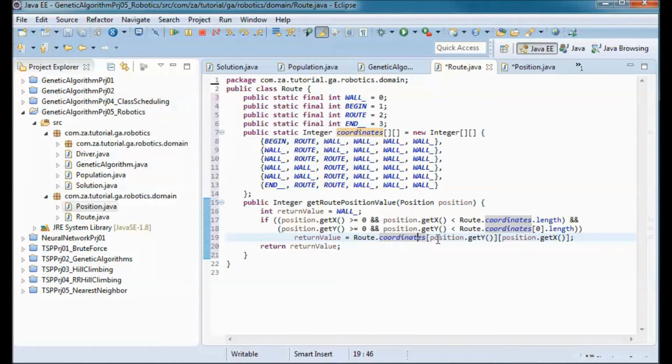So route.coordinates, and this is position.getY and position.getX. So we either return a wall, meaning 0, or we return begin or end or route, given the position and the coordinates. So begin here is 0, 0 coordinates, route is 1, 0, etc.